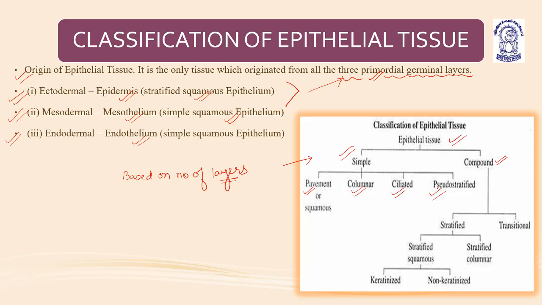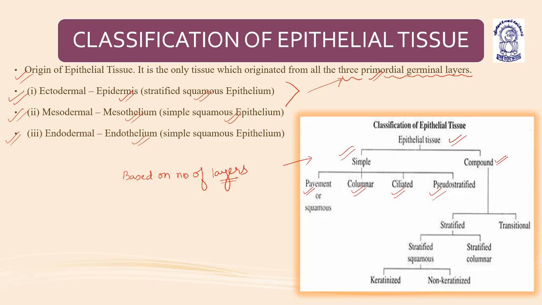First is the simple epithelium and the second is the compound epithelium. Simple epithelium has only one layer of cells. It is of four categories. One is the pavement or squamous epithelium. Second is the columnar epithelium. The third is the ciliated epithelium. And the fourth is pseudo-stratified epithelium. Understood? Now, the compound epithelium is further classified into stratified epithelium